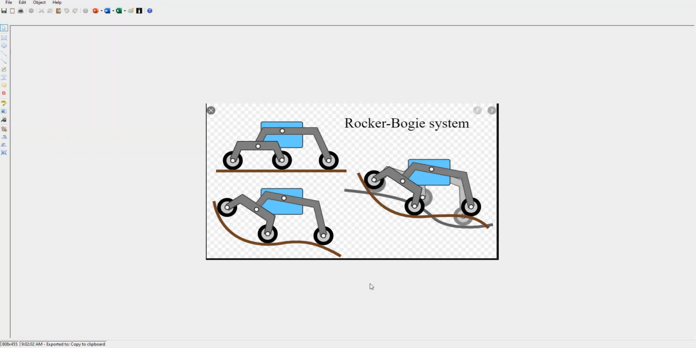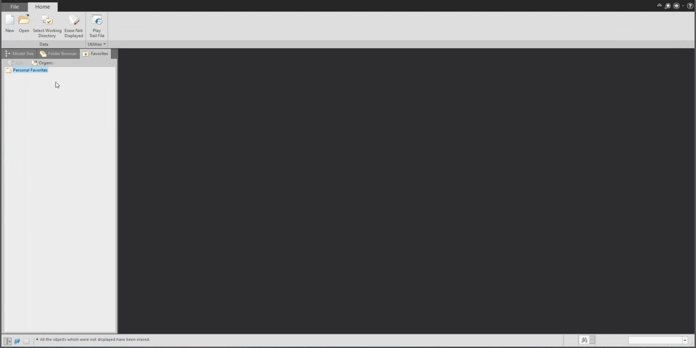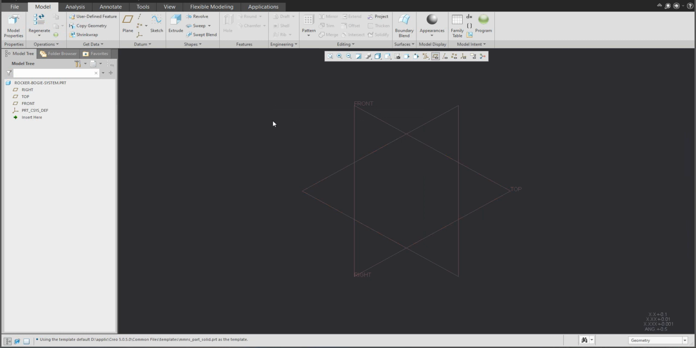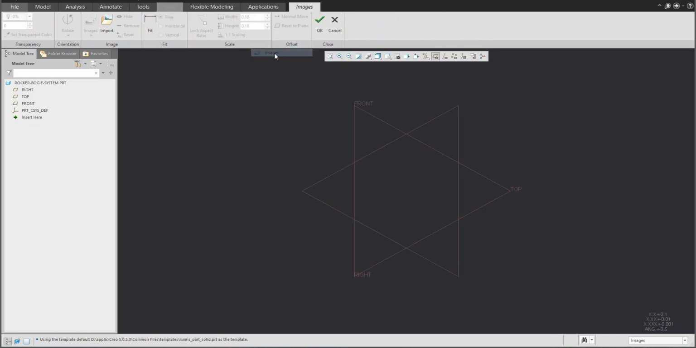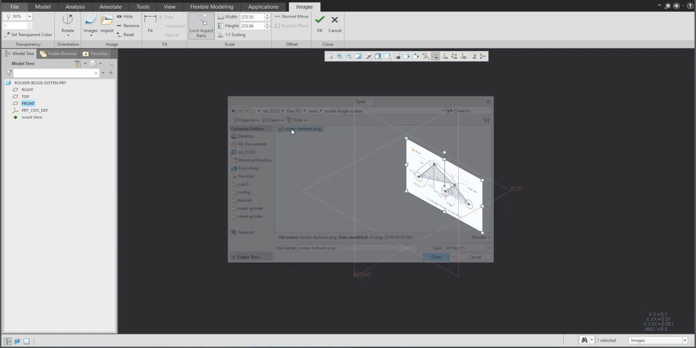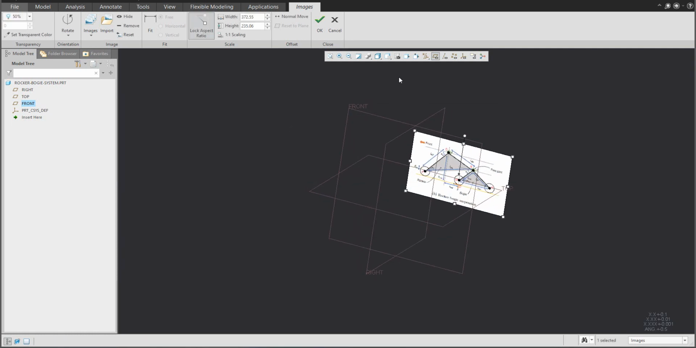Hi folks, in today's video tutorial I'm going to show you how to create a model for a rocker-bogie system. I will start from a new 3D model, and in the new 3D model we will place the image. I will select from the working directory a prepared picture, and